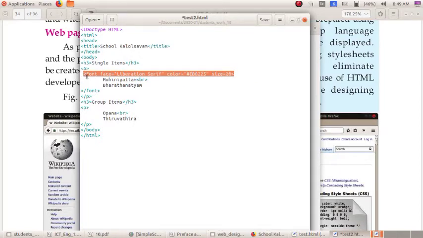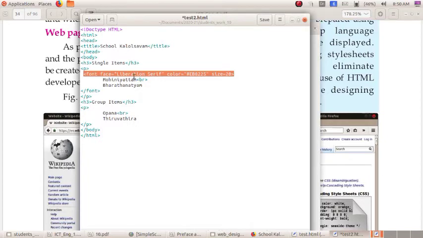Opening angular bracket, then type font, then put a space. You have heard about a lot of font families: Liberation Serif, URW Chancery L, Liberation Sans, Verdana. These are English font families, and you have heard about Malayalam fonts like Chilanka, Meera, Keraliyam.